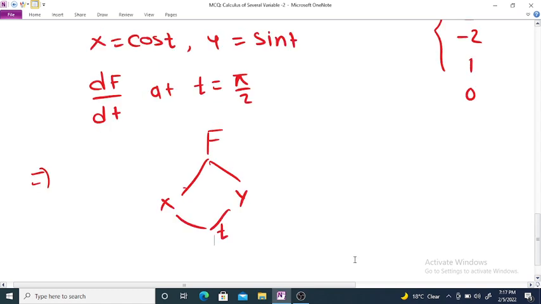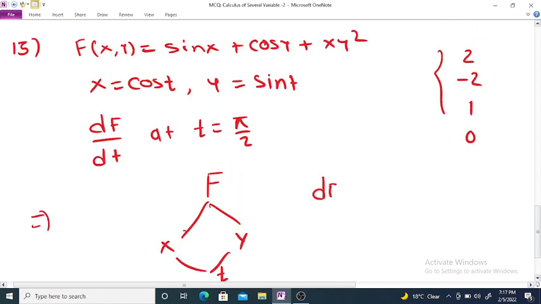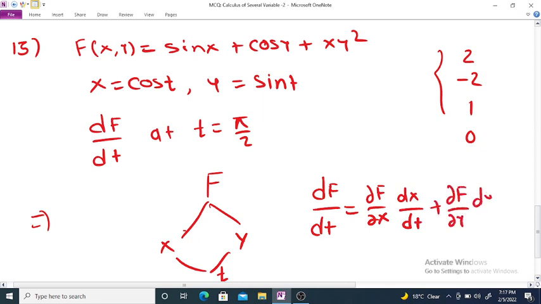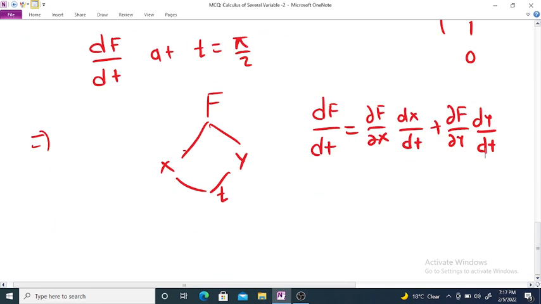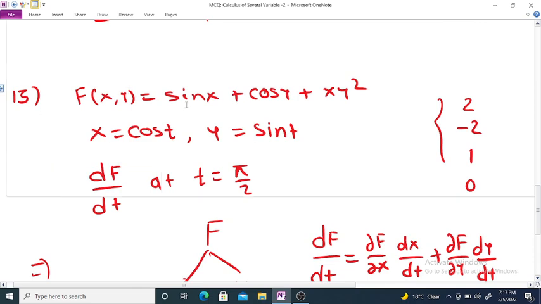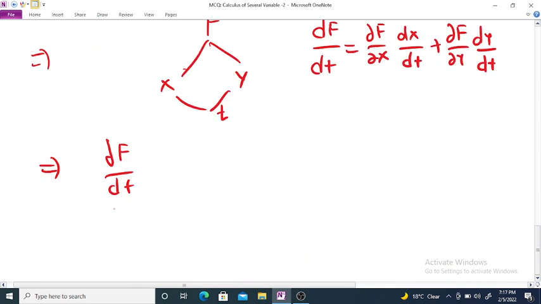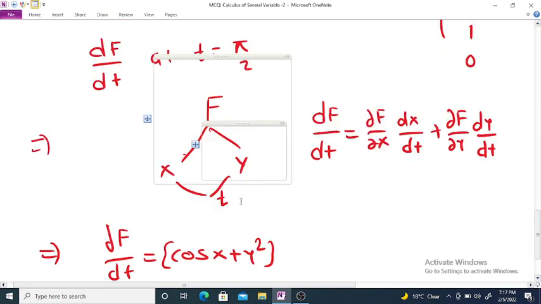So by using chain rule, df/dt is equal to ∂f/∂x dx/dt plus ∂f/∂y dy/dt, by using chain rule number 1. So df/dt is equal to ∂f/∂x, and ∂f/∂x is equal to what? cos x plus y square, and again dx/dt. So dx/dt is what? Minus sin t